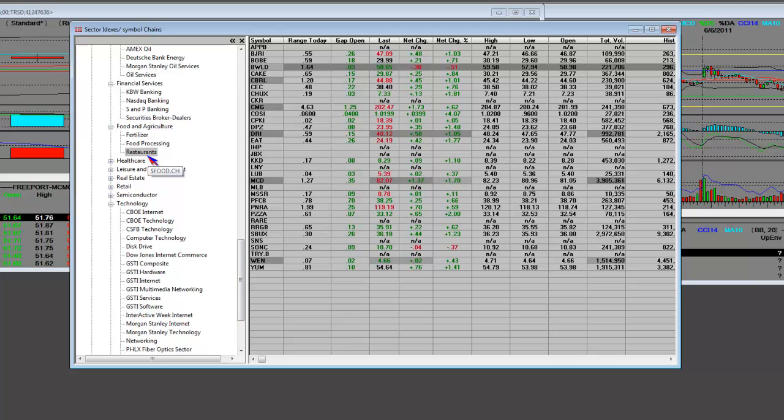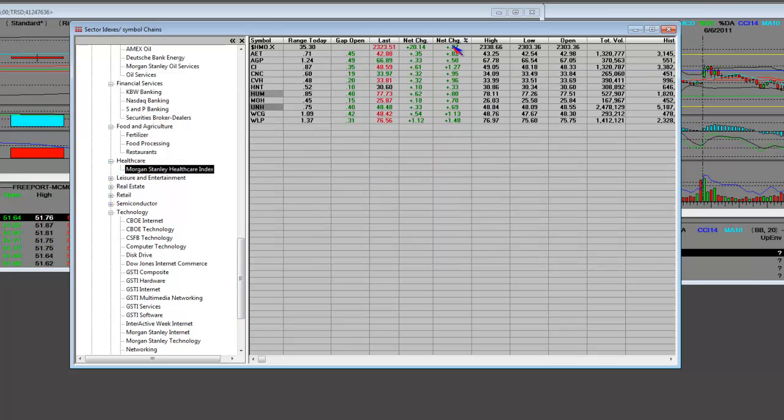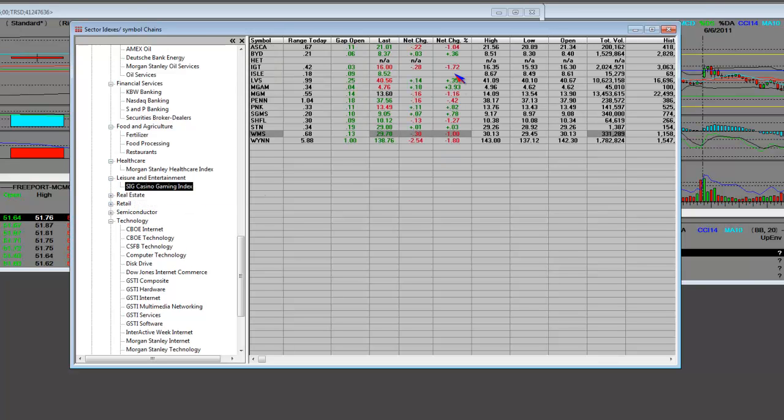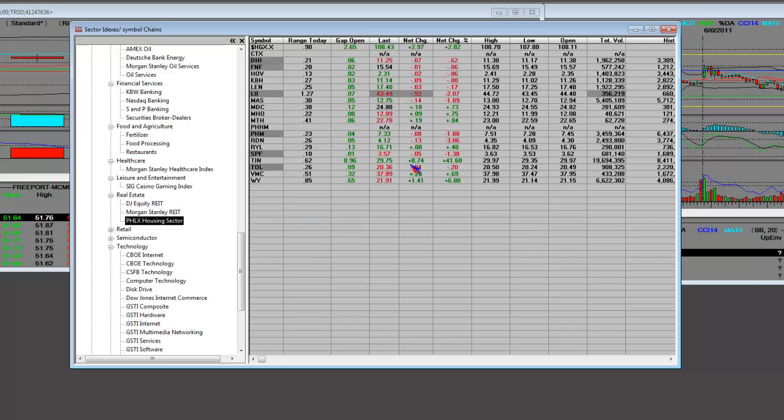We can also see that in healthcare, in the Morgan Stanley Healthcare Index today, you've got buying. Leisure activity, in the casino area, you do have some buying in here. Wynn came down and made a bottom, then it popped up. It has a $5.88 range today, right along with Penn. But Wynn is always one that we trade on a daily basis. It's good directional movement. The housing sector, oh boy, well, I didn't think to see much in there, but let's